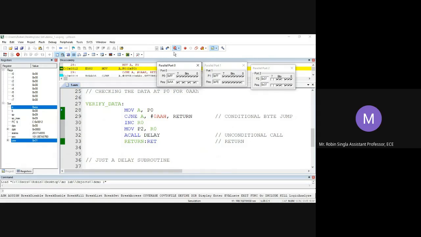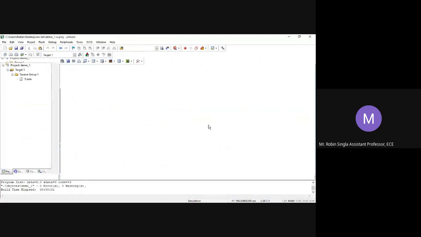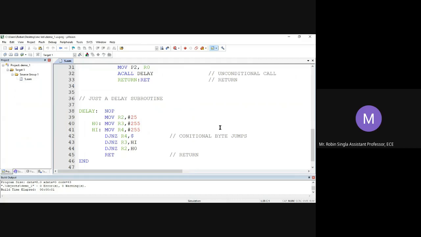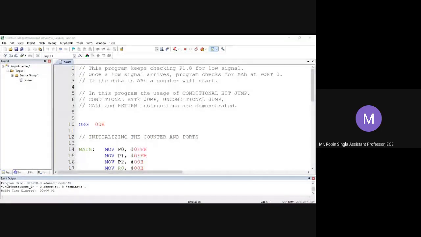Okay. So this is your experiment number 5. A small program has been written just to show the different jump instructions: conditional jump, conditional bit jump, conditional byte jump, and unconditional call. Now, does anybody have any doubt in this experiment number 5?